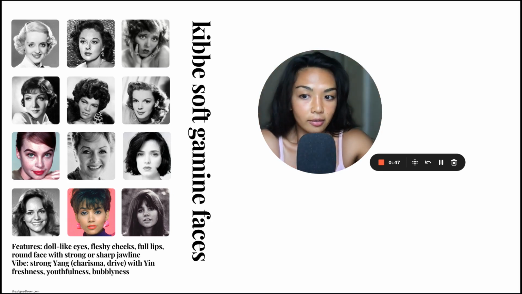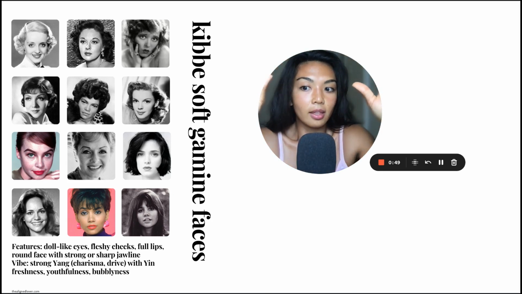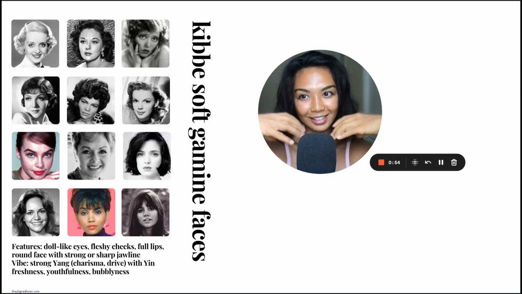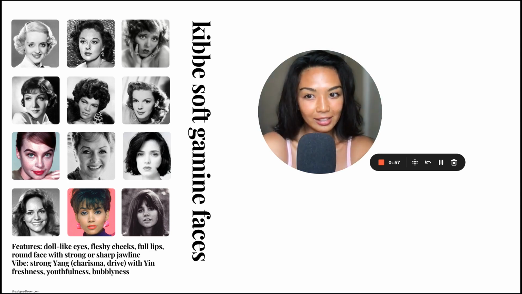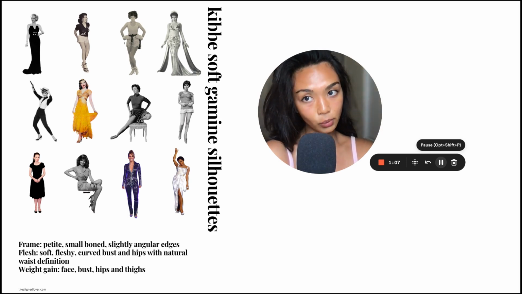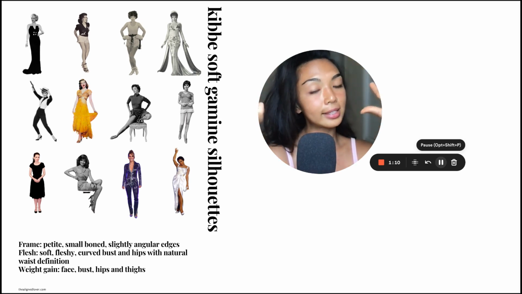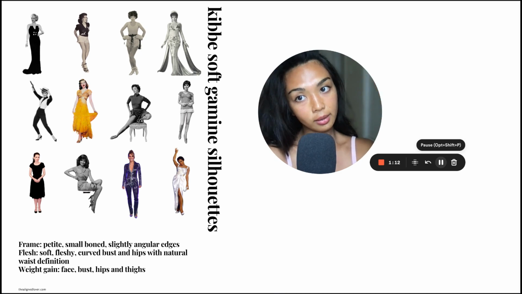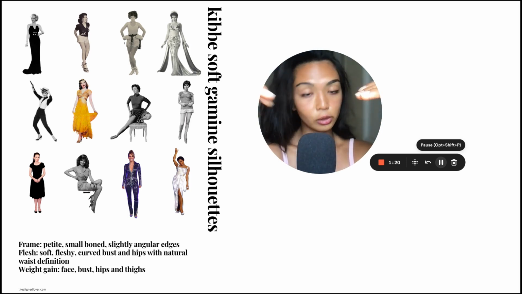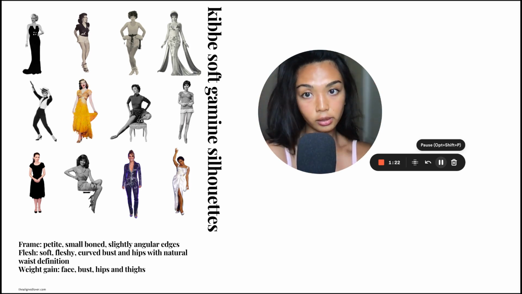But with all of that softness, again, there isn't anything super sharp about their face. So they have that very, very dynamic, animated, youthful face. They look like dolls, or I would say elves. So in terms of silhouettes, the soft gamine has small scale yang. Again, their actual bone structure is softly angular, a little bit of sharpness or squareness, especially through the shoulders, more